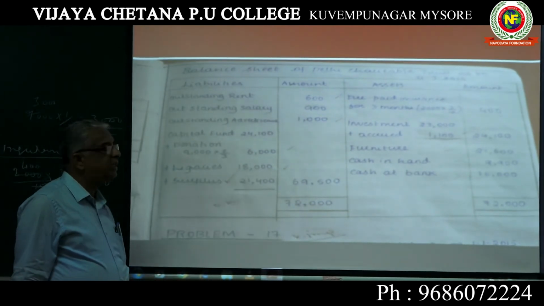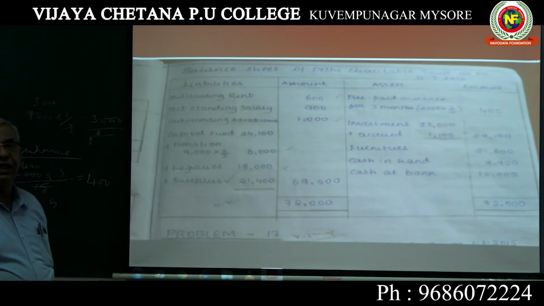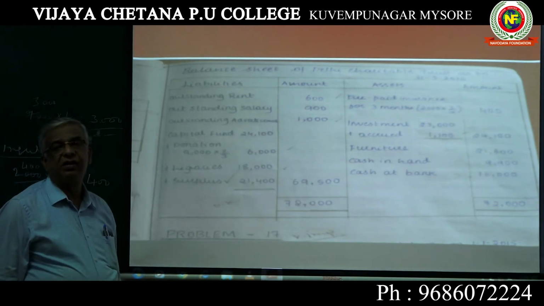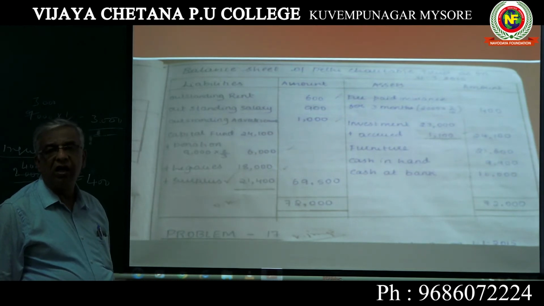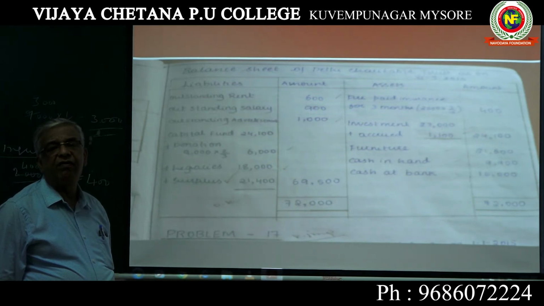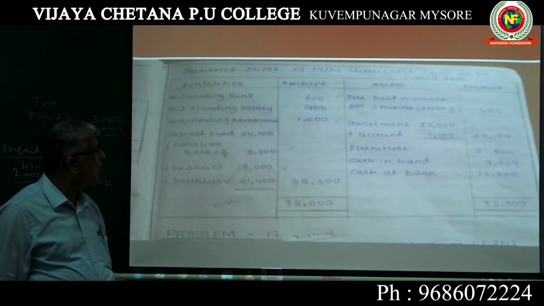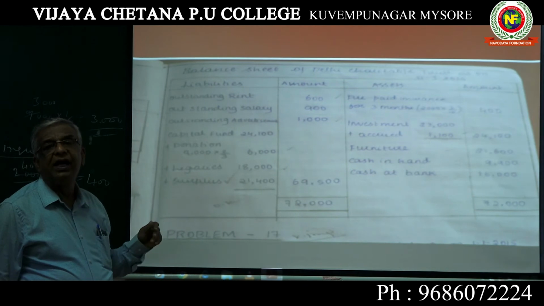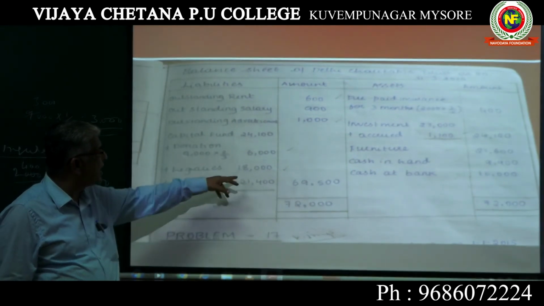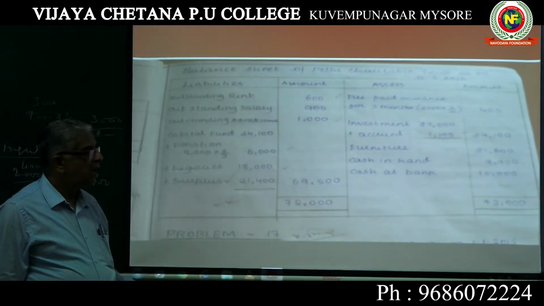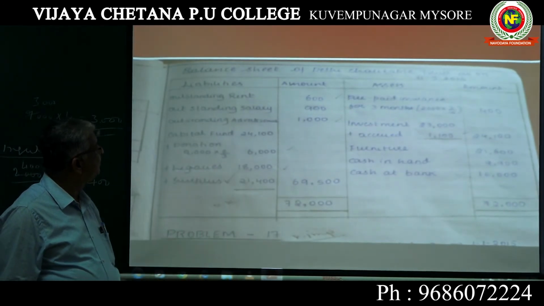Likewise, legacies. See, legacy is a capital receipt. Legacy means it is the amount, the contribution received by a not-for-profit organization from an outside person or from any other person or an organization. So legacy is a capital item. It is a capital receipt. Therefore, the legacy that we have received, 18,000, should be capitalized and added to the